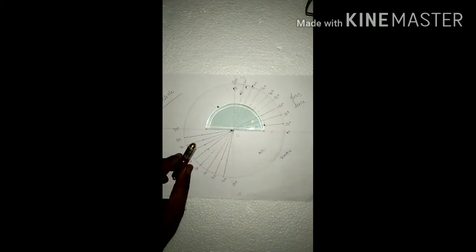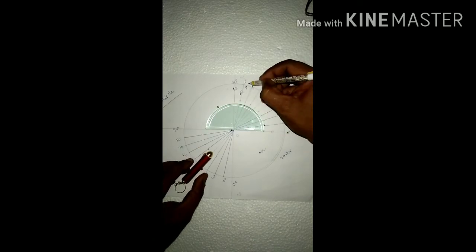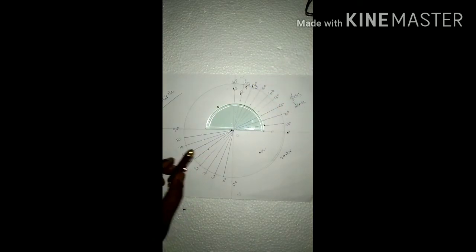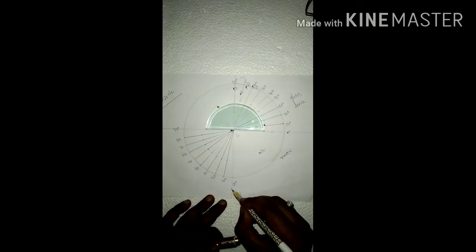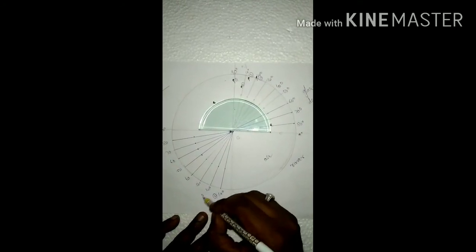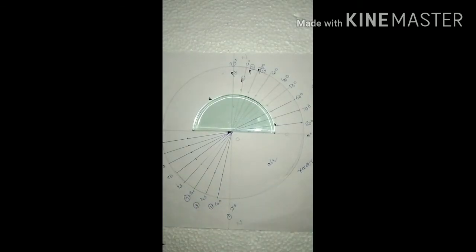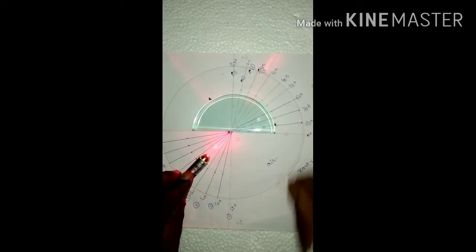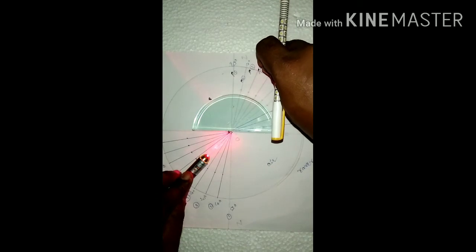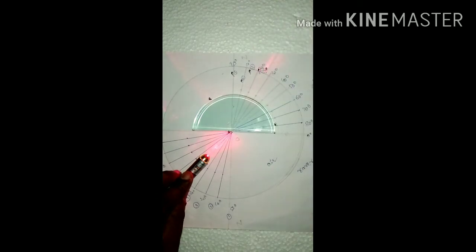Now again pass the laser light. Now once again here 2, this value becomes 3 and this value becomes 4. Here also we can write 1, 2, 3, 4. Means we completed up to the angle of incidence 30 degrees. Now once again if you move to the angle of incidence, that is 40 degrees, and angle of refraction, again we are going to find out the angle of refraction easily. So for 40 degrees angle of incidence, the angle of refraction may be nearer to 30, means it may be 28 or otherwise 27, like that approximate values will be.